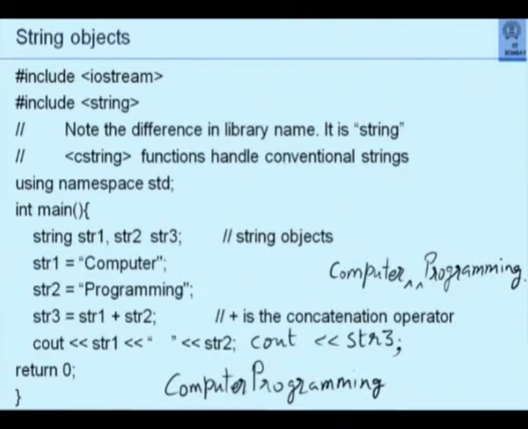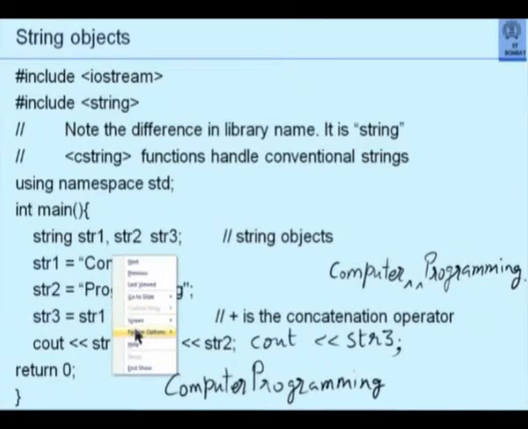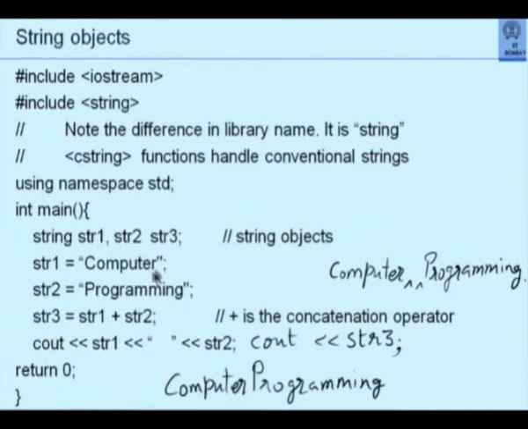So there are a few subtleties which you must keep in mind. Blank spaces in between two strings are never automatically put together, so you need to put them in separately. You can define str1 itself to have a blank, or while concatenating, nothing prevents you from saying str3 equal to str1 plus double quote blank double quote plus str2, because double quote blank double quote is a string constant.